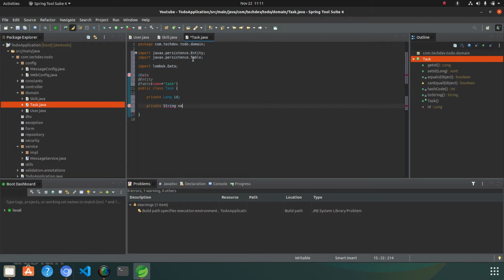You can give the name of the task, and a description.